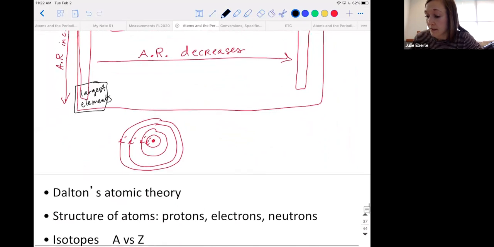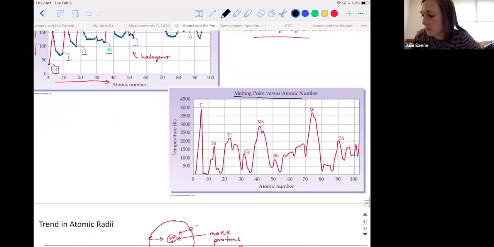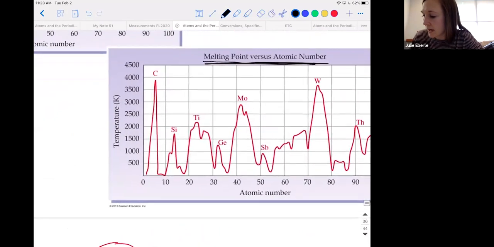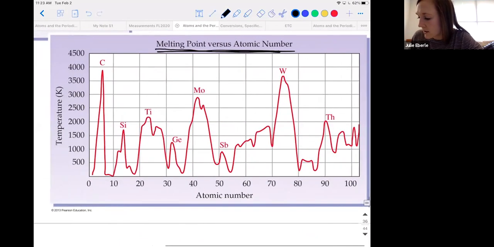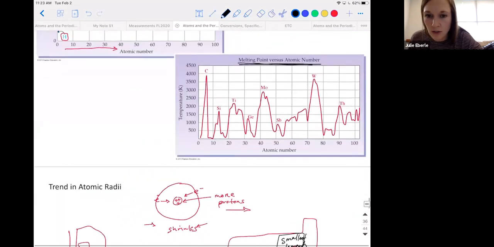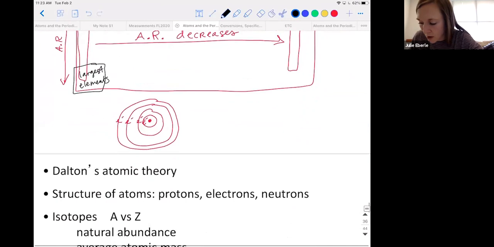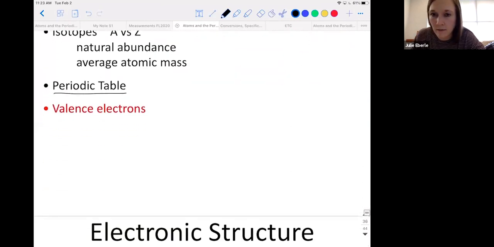Okay, so I will mention there was another trend up here. I'm not going to really get into it for time's sake, and it's not that it's not important, but melting point, there is a trend with melting points in atoms and elements, but it's just that this trend is a lot less pretty, you can see, but it's still there. But I'm gonna kind of skip over it for now. The main one I wanted you to know was trend in atomic radius, but there's other properties as well that have trends. Okay, so that's it for the periodic table.